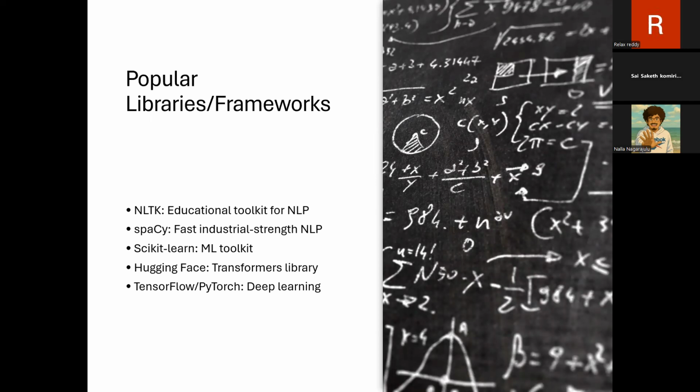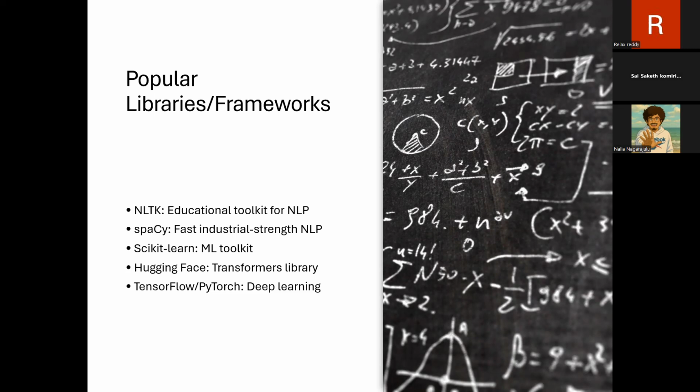So going to frameworks and libraries, NLP tasks can be done efficiently with some powerful libraries. NLTK is great for learning and prototyping. It includes tools for tokenization, stemming, and more. spaCy is fast and efficient for industrial strength NLP, it's great for tasks like named entity recognition and dependency parsing. Scikit-learn, a machine learning framework, provides tools for basic machine learning, including text classification.